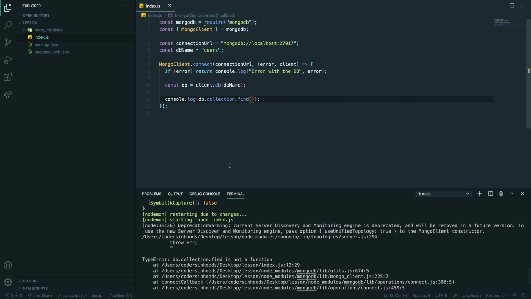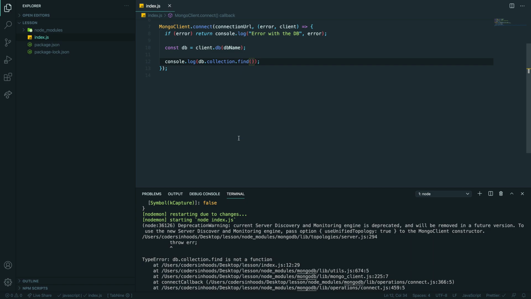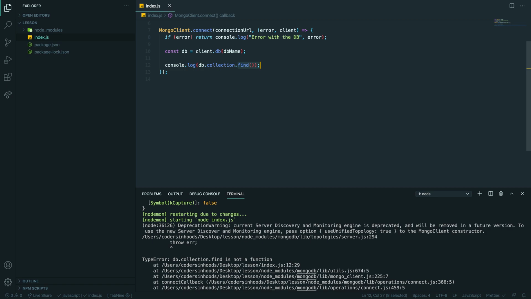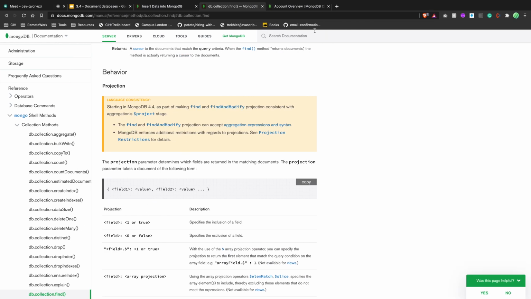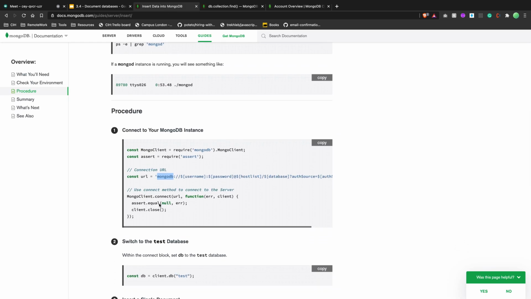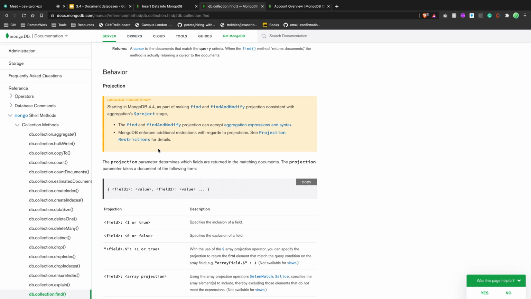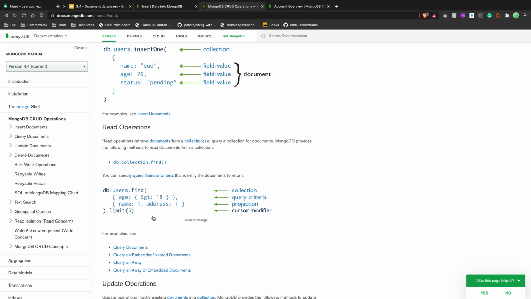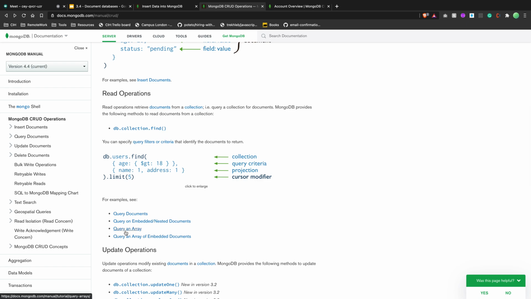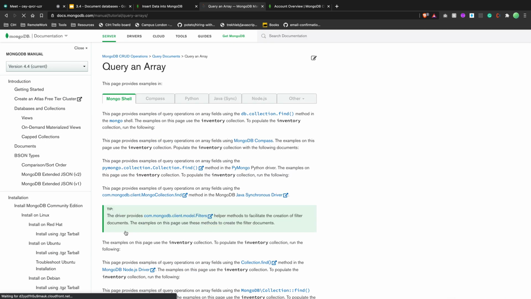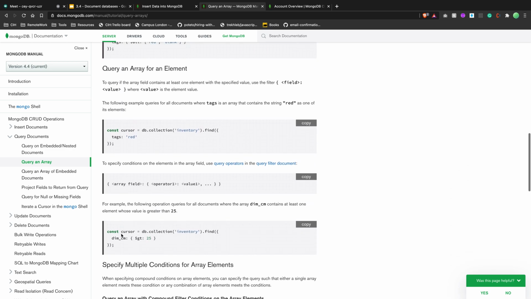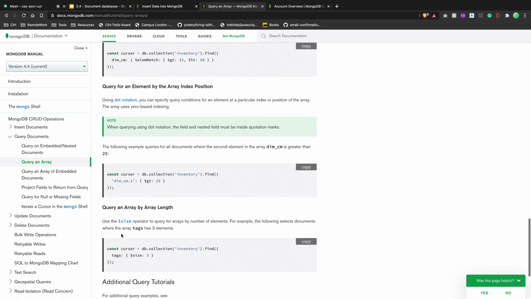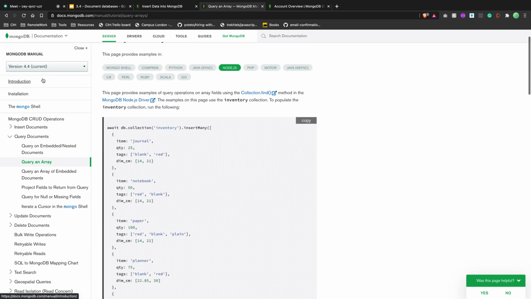So why is that? Let me think. Right. So if you take collection, I think I know why. Save it. We have a function, right? So this is a function. And I think that for the collection, where are their docs? Switch. Go back. So for read, we have find, specify query on array. So this one gives you the ability to convert it to an array. So find, and let me just, their docs are pretty confusing, to be honest, but I want to show you the MongoDB